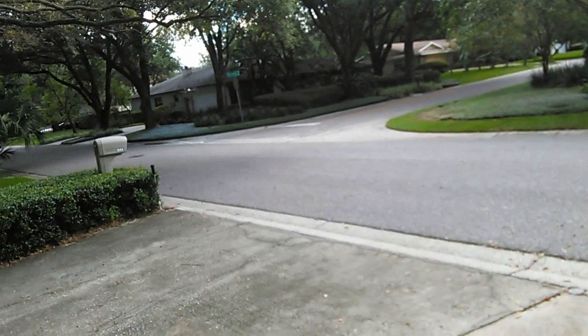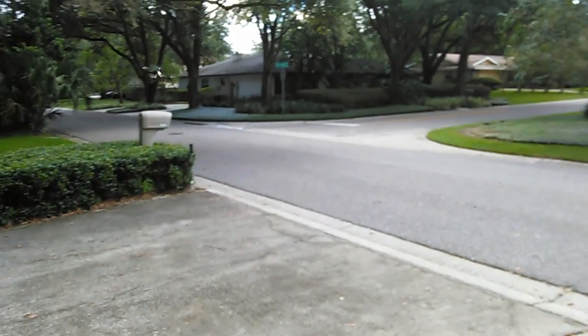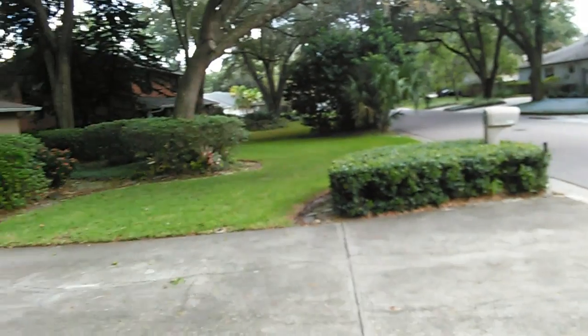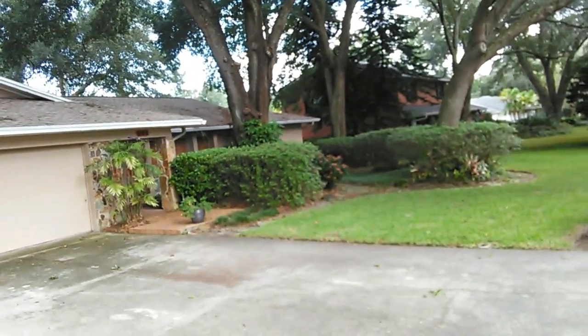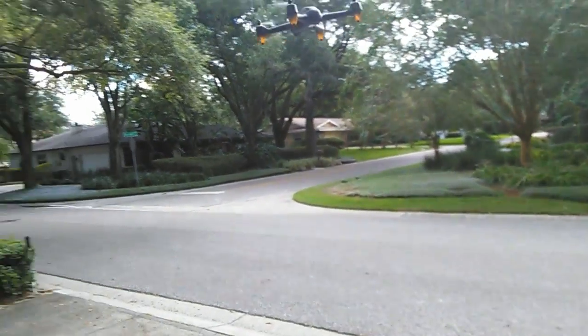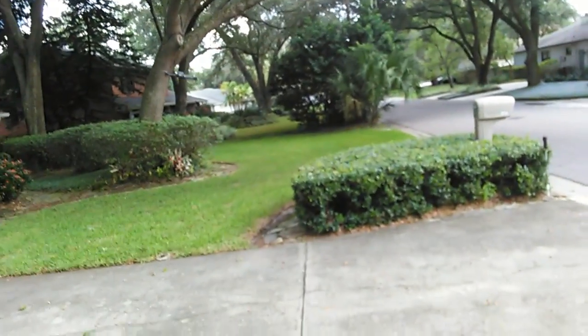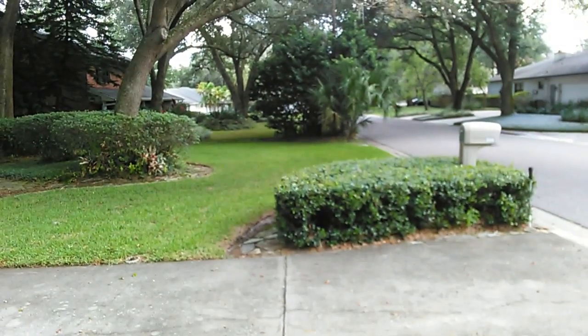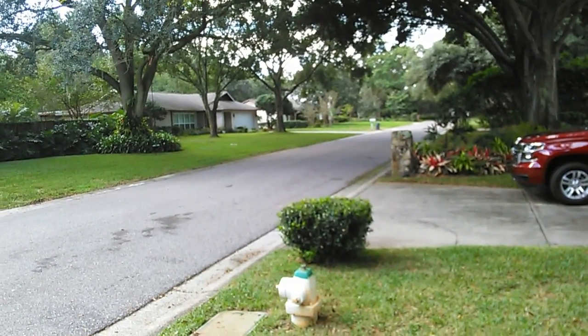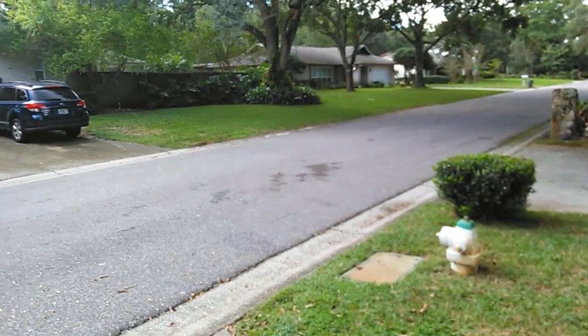Now, this is in altitude hold, and I'm a pretty good flyer, so I'm not real worried about what I'm doing here. But you know, I would not suggest this as a novice flyer to be out here doing what I'm doing, because this can be a scary quad really fast. You know, how close I'm getting to these trees and stuff right now, pretty scary. You know, and the quad comes in at twice the amount of normal rates. I've got this one set at only 60%, so if you guys wanted to see what 60% looks like, it's a,